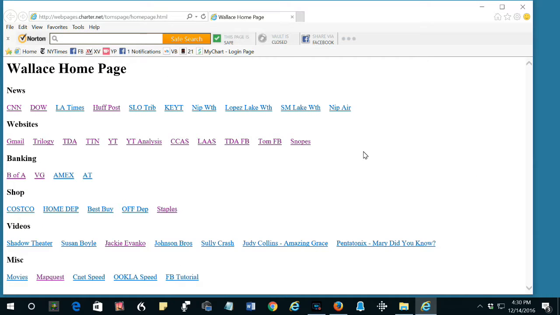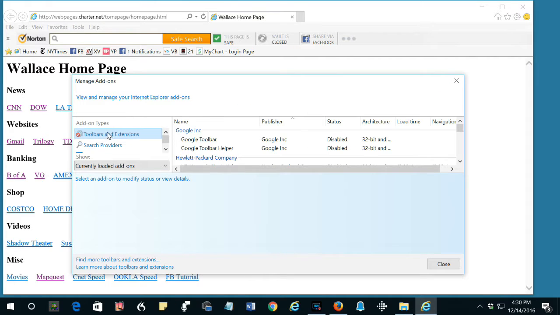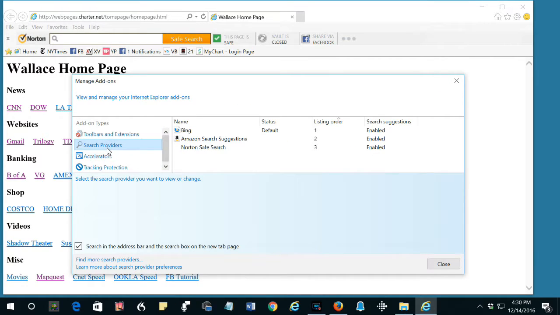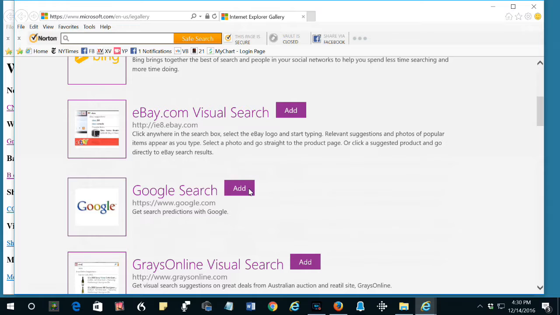Here's how to change the Internet Explorer browser so that its default search is Google. Click the settings gear wheel, click manage add-ons, click search providers. If you don't see Google in this list, here's how to add it. Click find more search providers. Locate Google in the list, click Add,